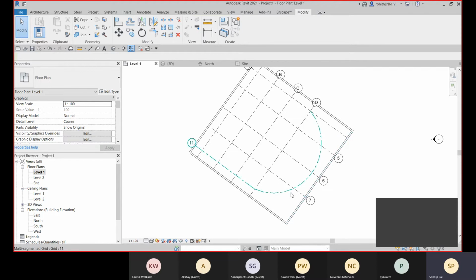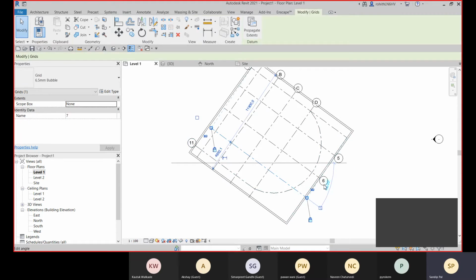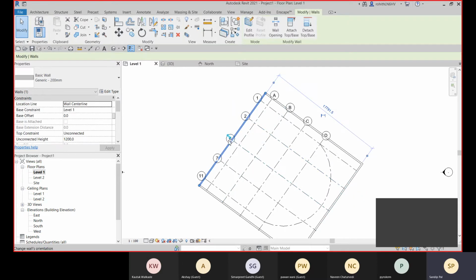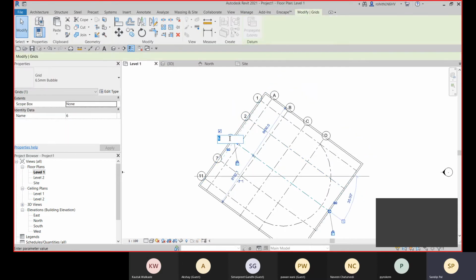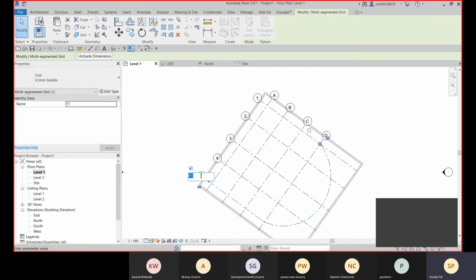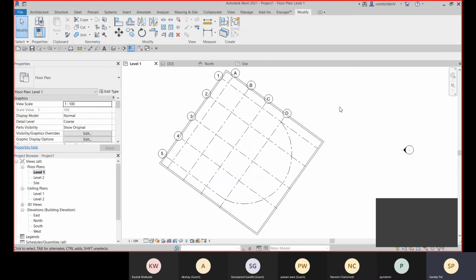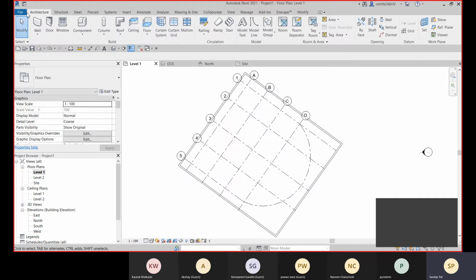All right, and for this I will uncheck it from here, check it to this side, uncheck and check it to this side, uncheck and check it to this side. Okay, that is one, and you need to make it two. Three. Fine. So now these all are placed, and then go to architecture, and we have this column option, so you can place some columns.